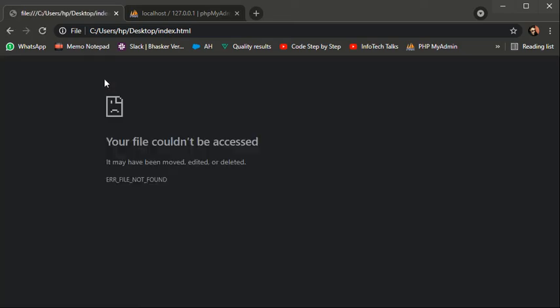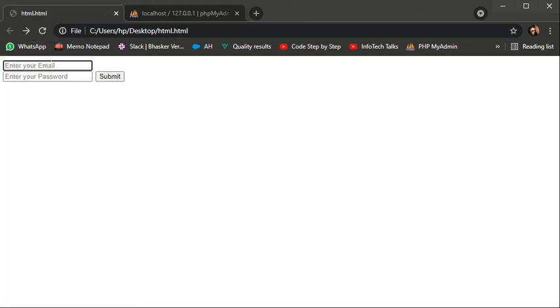Now see what it does, it simply submits the data. According to it, Bhaskar, an at sign, is a valid format of email address. So I'm going to enter bhaskar@verma.com.